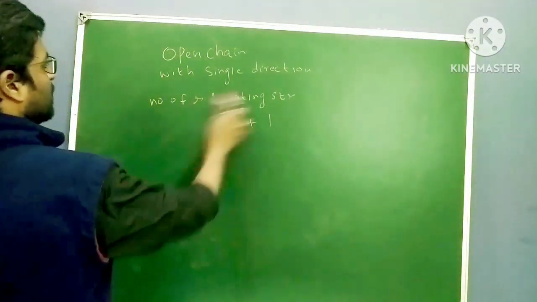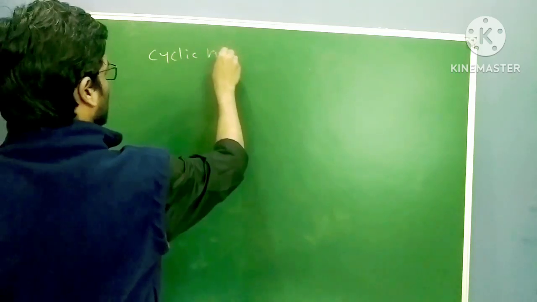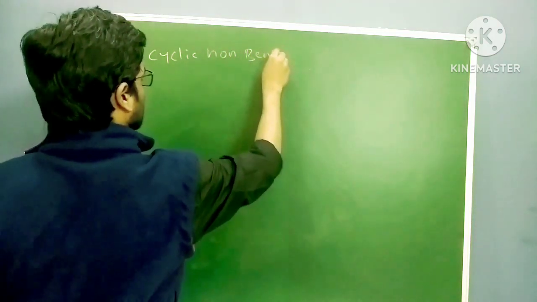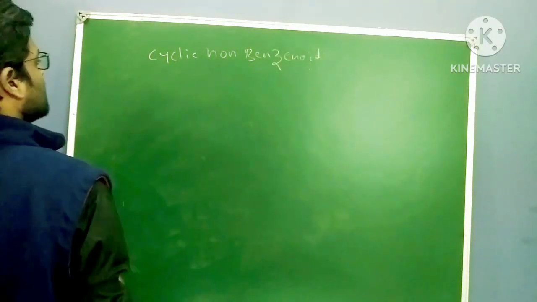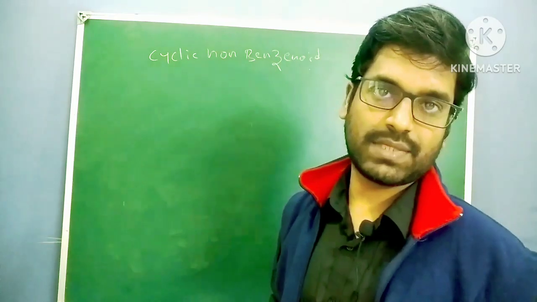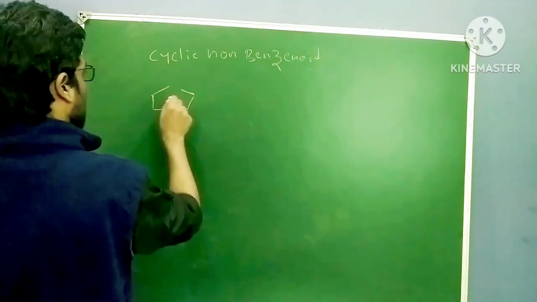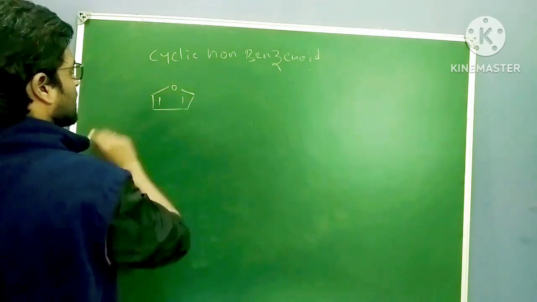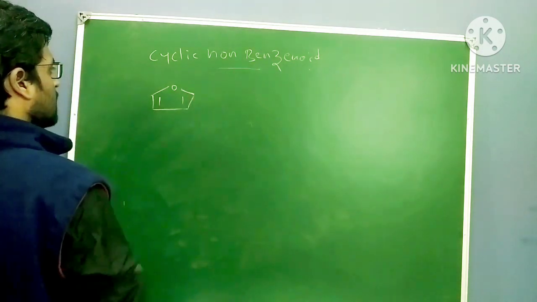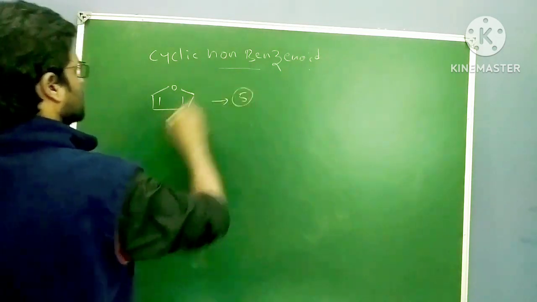Second trick. So what is the second trick? If you have non-benzenoid compounds, if you have cyclic non-benzenoid, means without benzene ring, whenever we have non-benzenoid, you have to see the corners as the total atoms. For suppose I have this structure, right, furan structure. So how many resonating structures? This is first of all cyclic and this is non-benzenoid, there is no benzene ring. So total atoms, 1, 2, 3, 4, 5. So totally you will get 5 resonating structures.